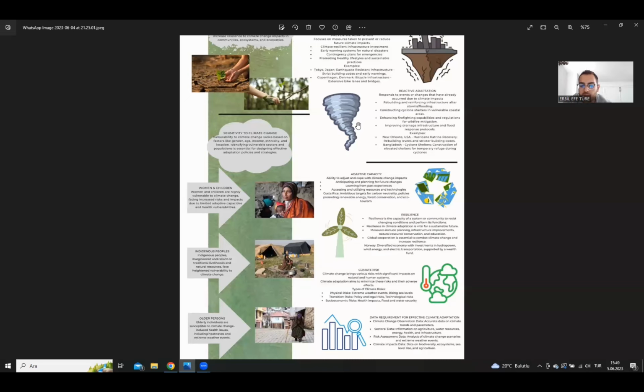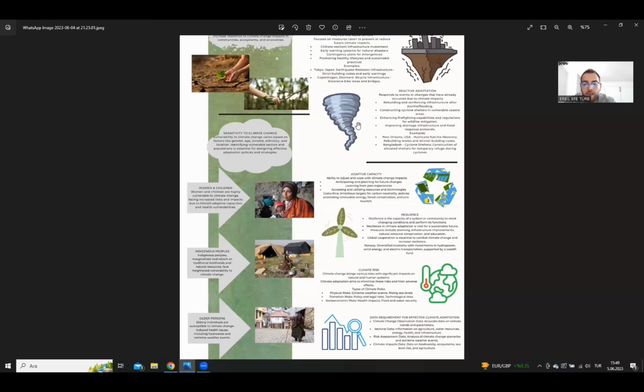Socioeconomic risk includes health impact, food and water security, economic disruption, social displacement, and inequalities. If we give an example of climate risk, these risks include melting Arctic ice, drought in Cape Town, wildfire in Australia, flooding in Bangladesh, and coral bleaching on the Great